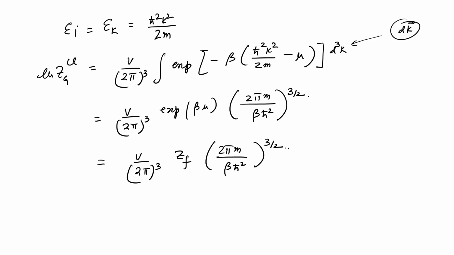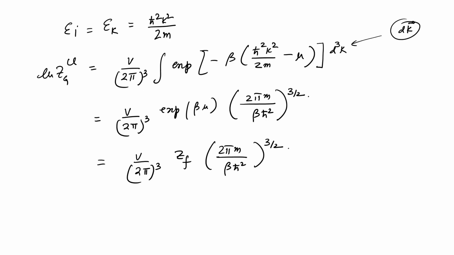And so, for small zf, much smaller than 1, you get the log of zg. Why we are writing the log of zg will be clear in the next class, because this log of zg is actually related to the thermodynamic parameter, which is PV over kT, and we will see that this equation of state really comes in.